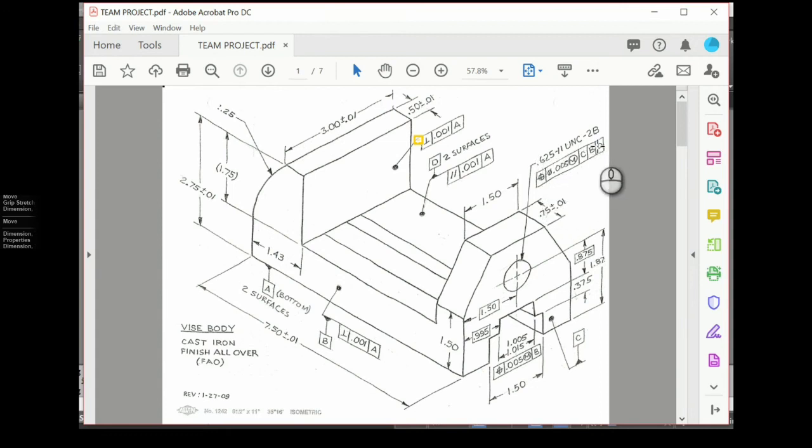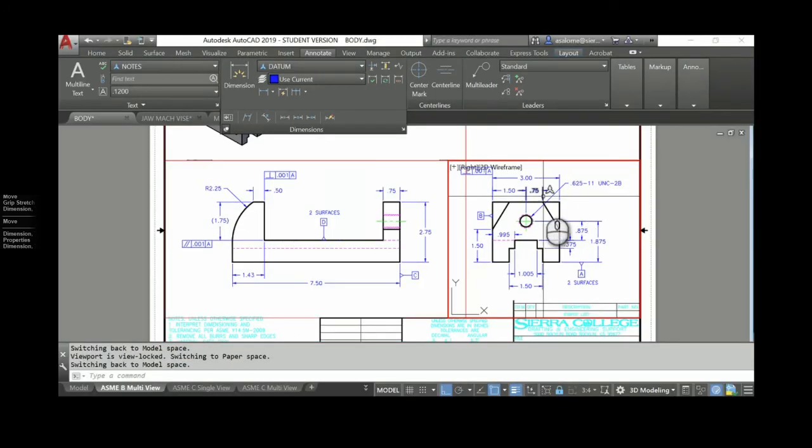So we have position at diameter 0.005 when this is at maximum material condition, and make sure these are in the correct order, C, B, D. Okay, so here's that whole call out.